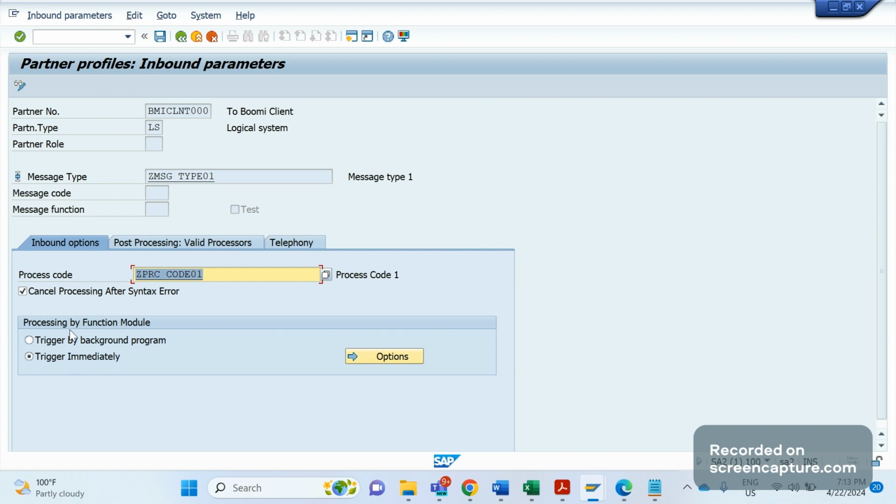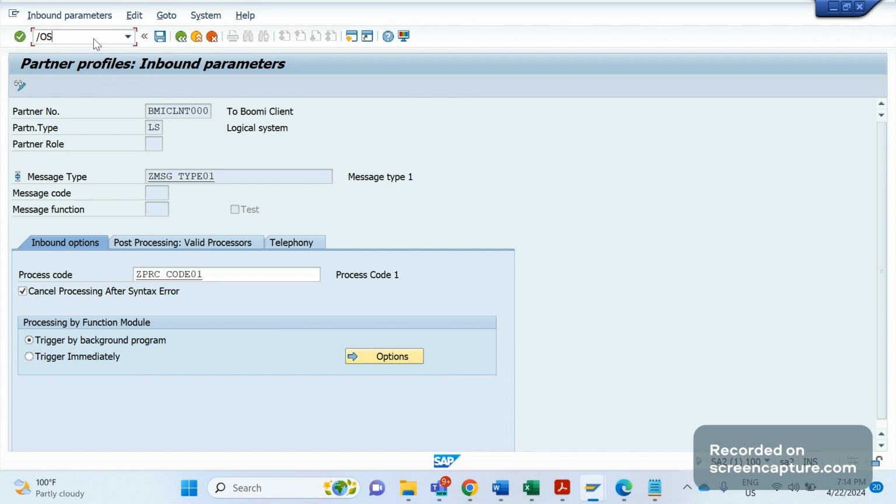We have two options here: trigger immediately, trigger by background program. Trigger immediately means whenever the system receives any incoming IDoc, it will be processed immediately. Suppose we want to process those IDocs in a collective way, then we should enable this radio button, save that partner profile. Then we should schedule the job